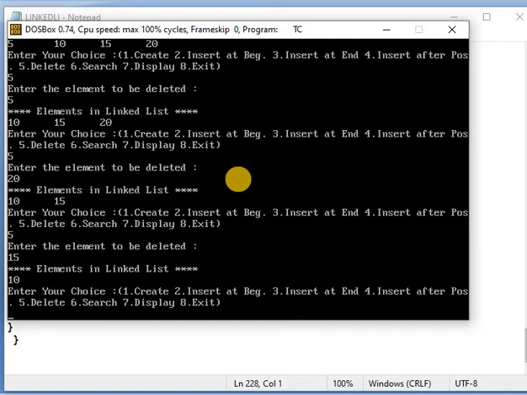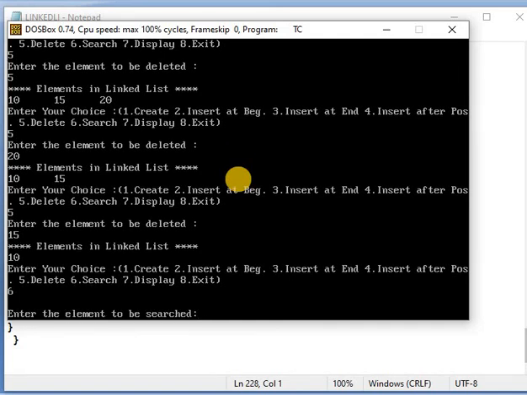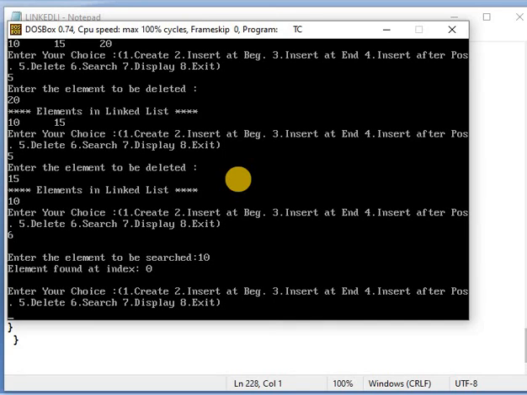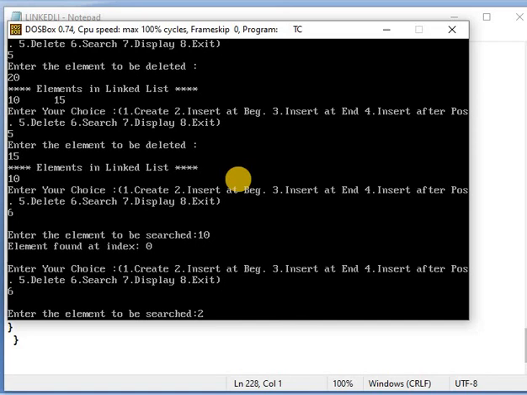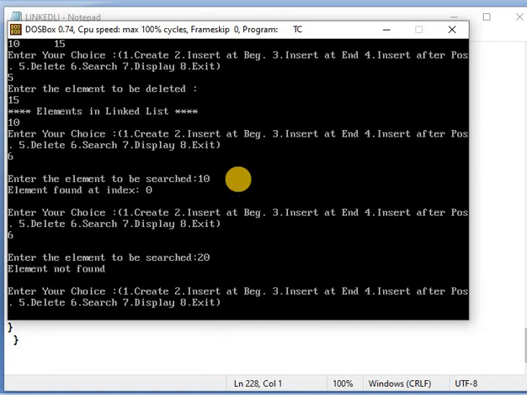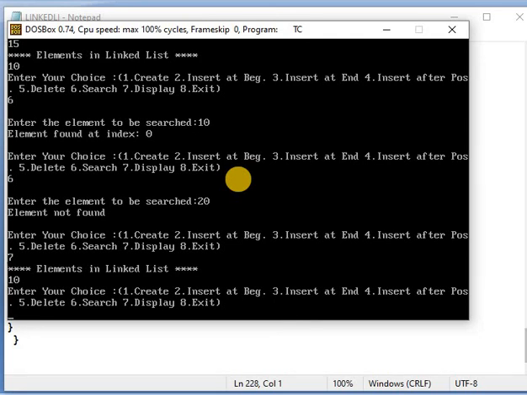After that, search the element: 10 element found at index 0. After that I search, for example, 20: element not found. The 7th option is display contents, 8 is exit, 9.